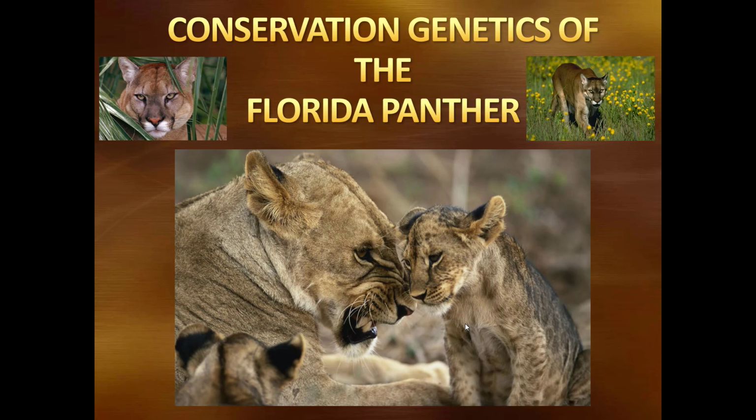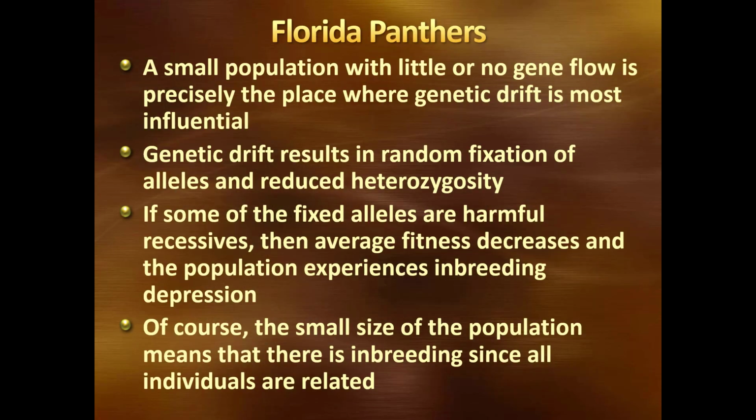But once you go through a bottleneck like that and you lose that diversity, you really don't get it back unless you introduce new genes into the gene pool. So if you just take 20 individuals and now you grow your population from those 20, you're still going to have very high inbreeding. There's no new genes coming into that population. So the population is highly inbred. You have a lot of alleles that are fixed. You have very low heterozygosity, and there's a lot of inbreeding depression. So this explains a little bit of what has happened in the Florida panthers.